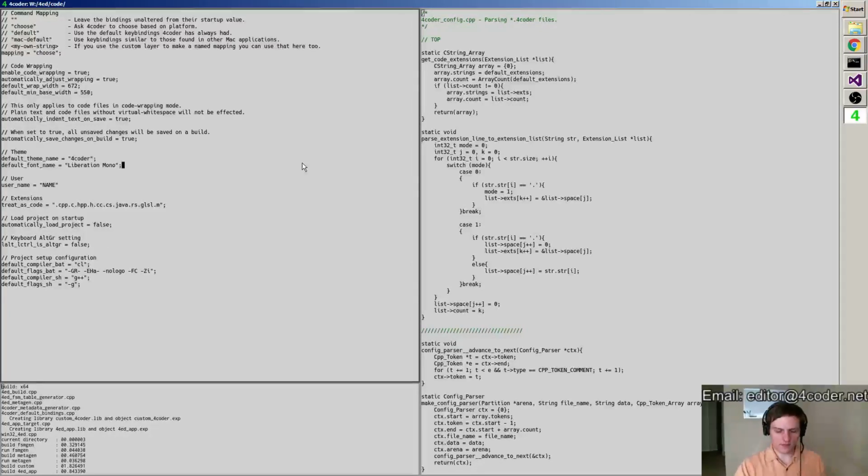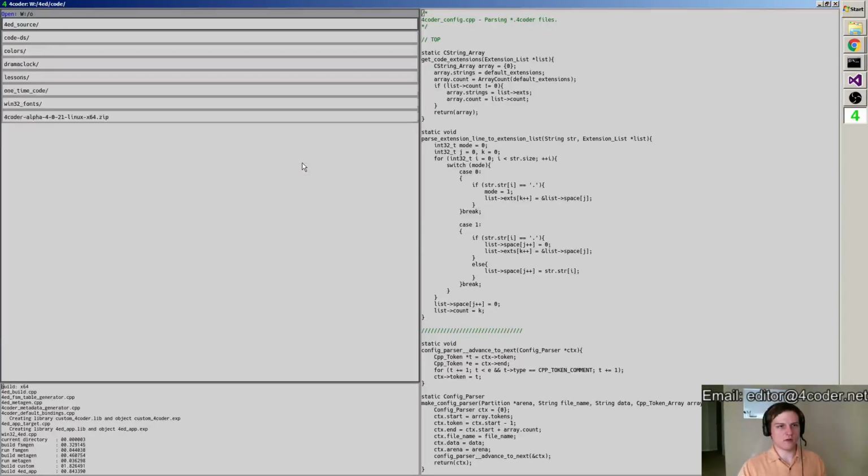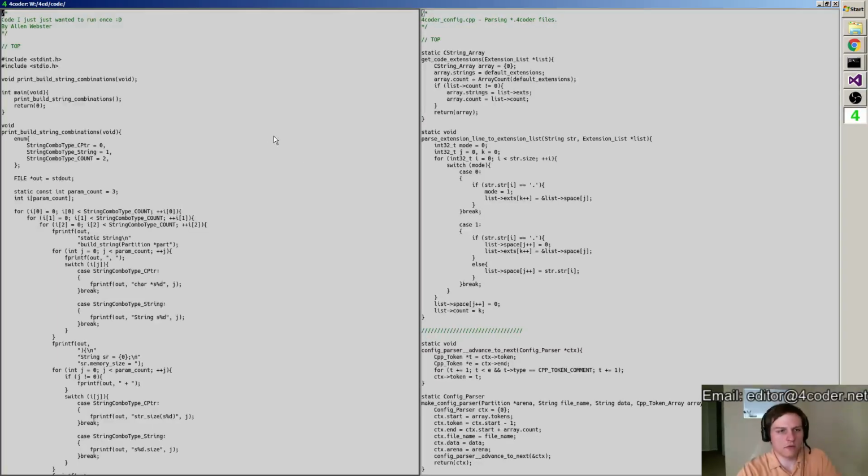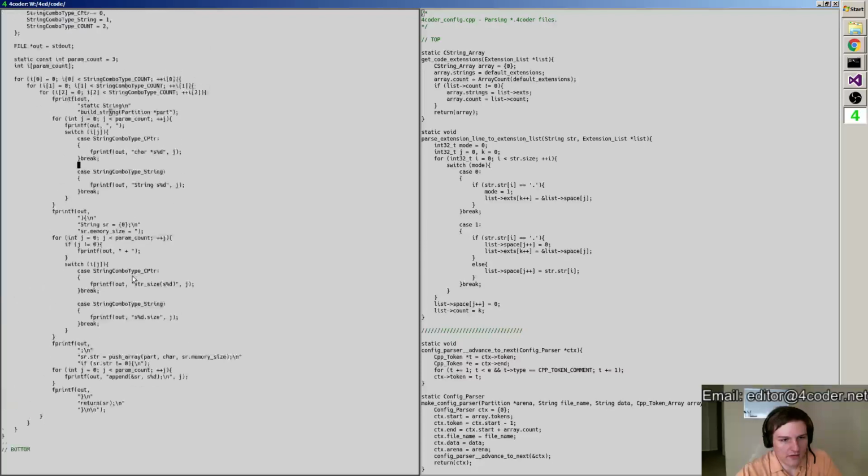But yeah, let me just pull up an example of some of the stuff I do in my metaprogram real quick. One-time code is a thing I've added to basically all my workstations now, which is just a little side project where I have some code sitting around that I want to run once, and I might come back to it and edit it and run it again at some point, but this literally just printfs out stuff, right? So this is a thing that builds all of my different, what is this?